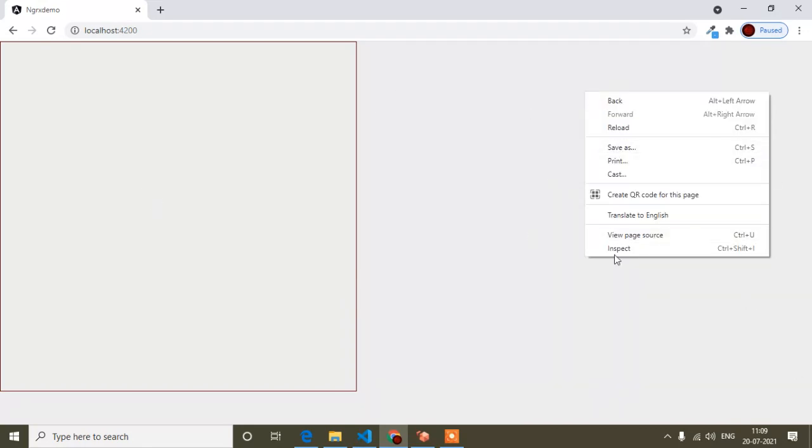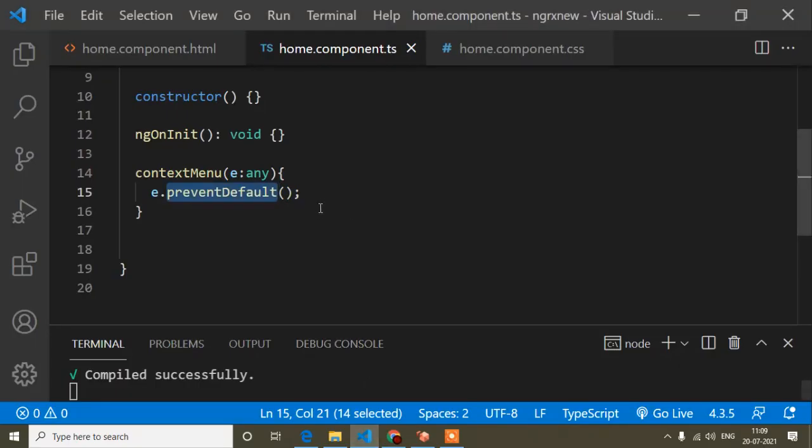So you can see now, actually I cannot show again, but here now I am right clicking from my mouse, but it's not opening this default menu. But if I click outside this div, you can see I can easily open this context menu. But when I'm clicking inside this div, it's not opening the default context menu. So my one task is done. I can disable this default context menu.